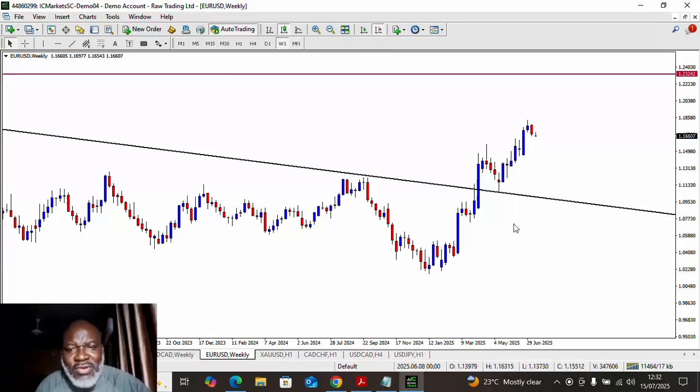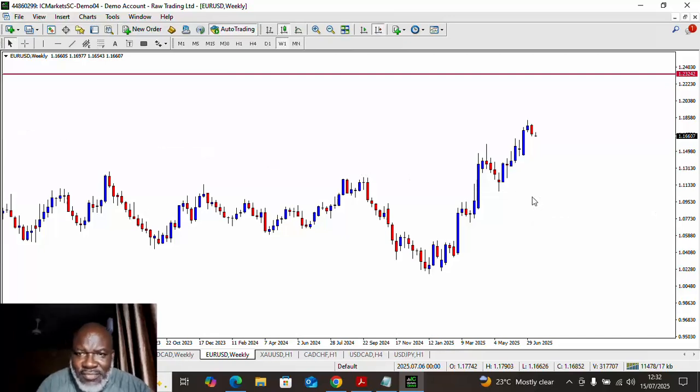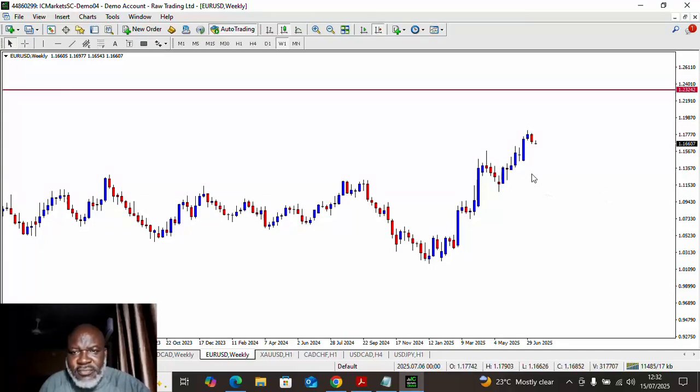Okay, so what are we looking at for here? We're looking at for buy opportunity, guys. We're looking at for buy opportunity. Okay, so let's take out this trend line. When you take out this trend line, what you need to do is to,